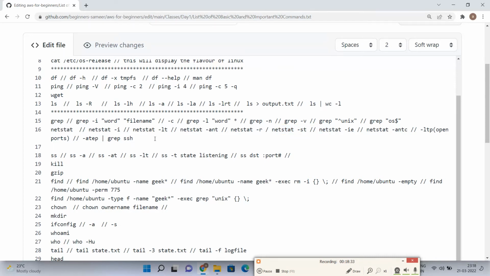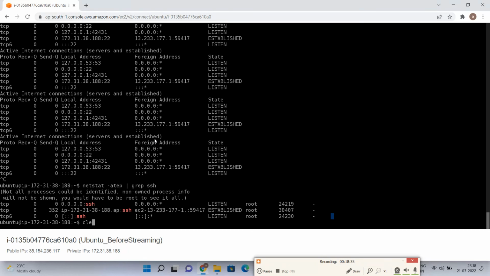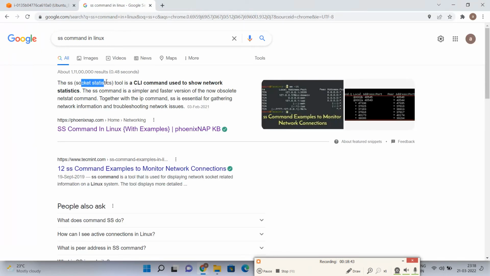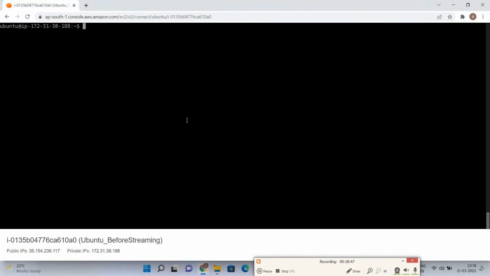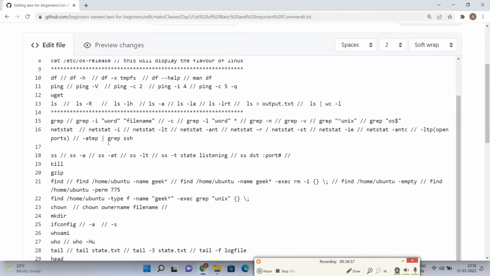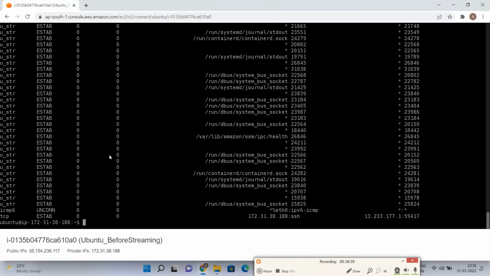Now I want to talk about ss also. ss stands for socket statistics. Netstat is kind of old, so the successor is ss, we call. If you type ss, you're getting a lot of things just like netstat, but I have mentioned some commands here. So ss -a,